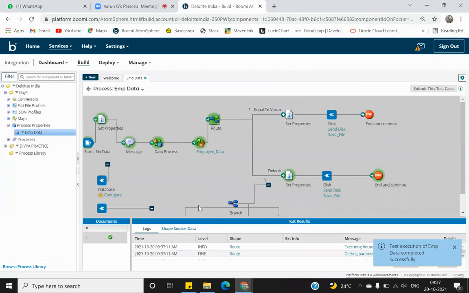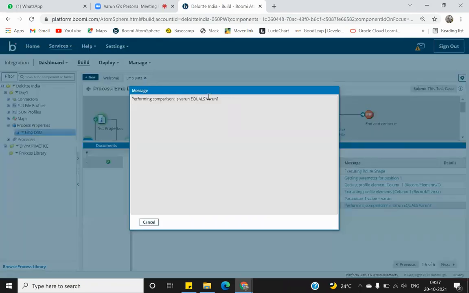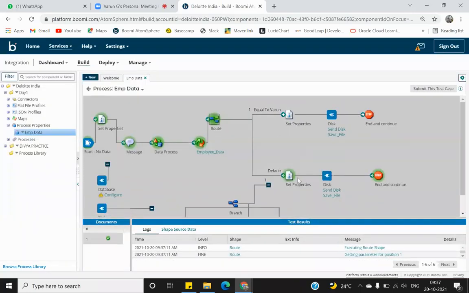It's opening. Okay. Now see this. What I have given is capital V. What I have in data is small v. So what happened? It went to again default path or false path. It is not equal to Varun.